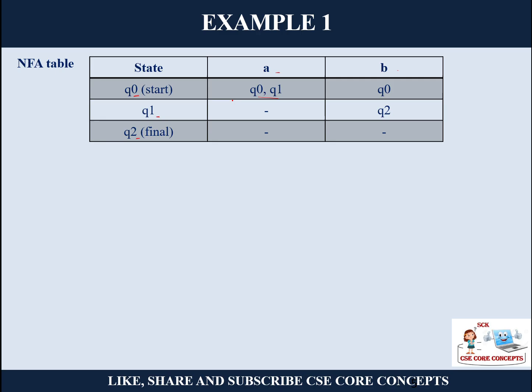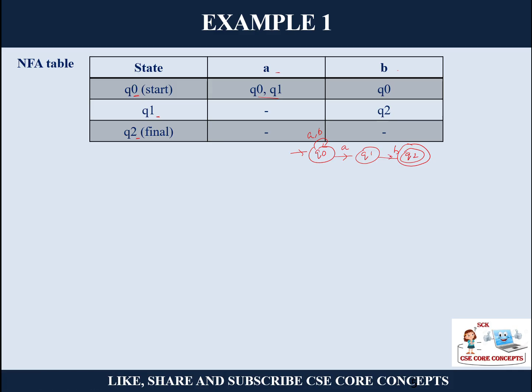Now if I try to draw this NFA, you have a Q0 start state, and with input A you go to the state Q1. But with input A you also stay in Q0. On input B also you remain in the Q0 state. From Q1, you don't have an input A, maybe it is not valid, but with input B you go to state Q2, which is a final state, and that's it. From Q2, you go nowhere.